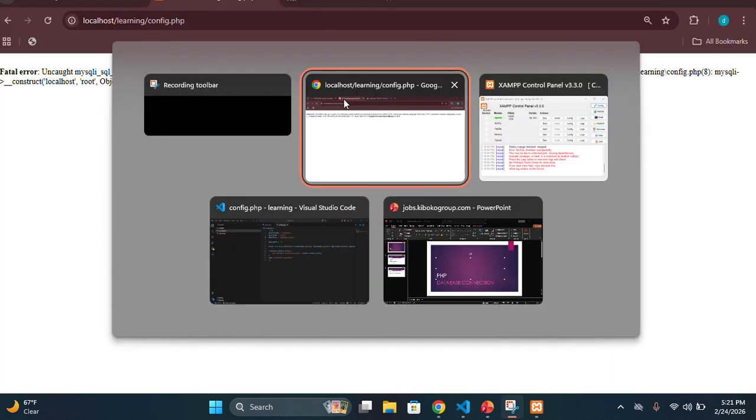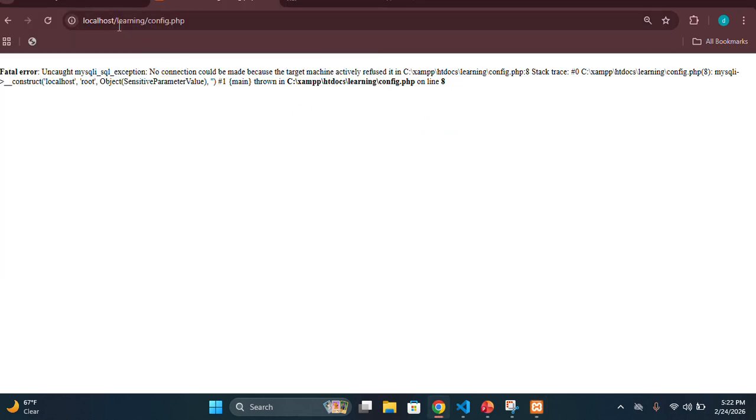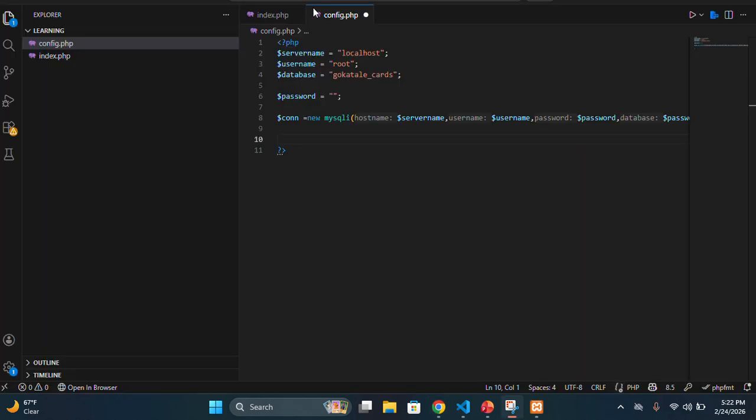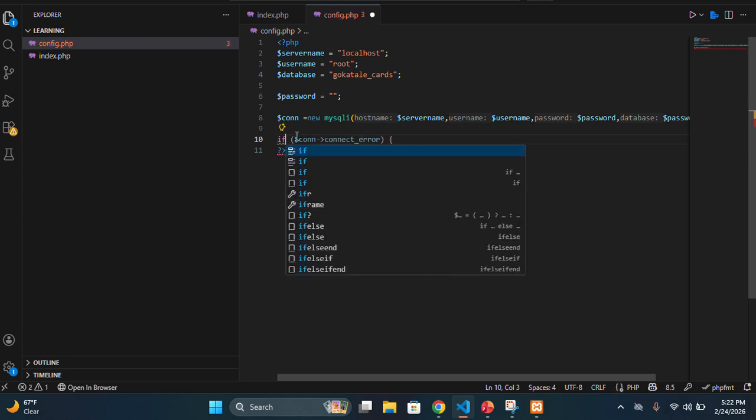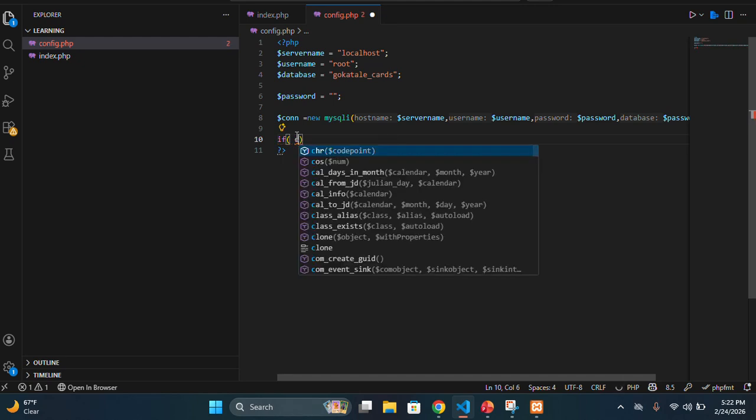So we shall check whether our database connection is on, or it has gone off. So we shall put it back, and then we shall restart. On restarting, it has shown us. So how do we make it show us whether the connection is successful or not? We shall use the if function, and we say if the connection